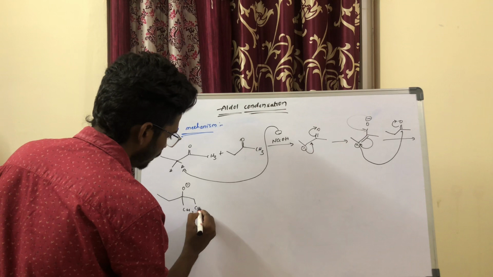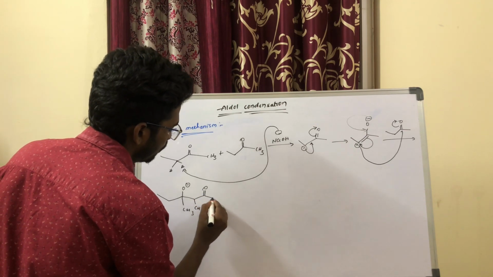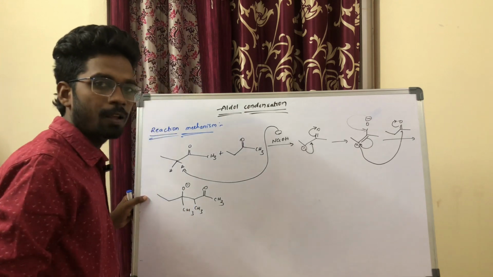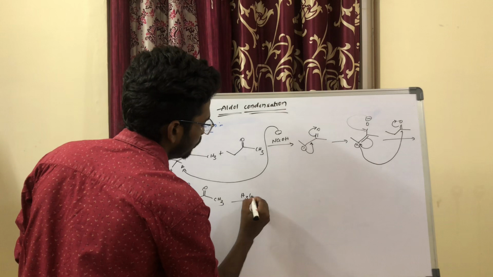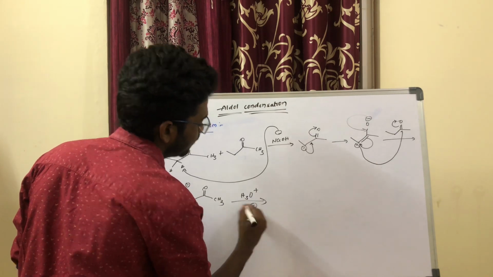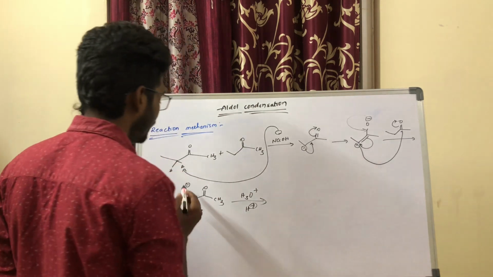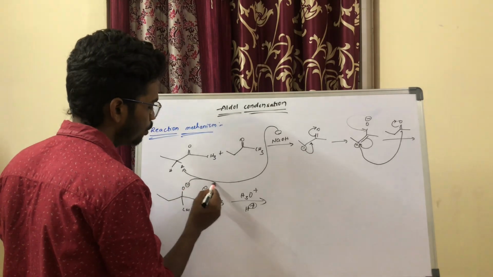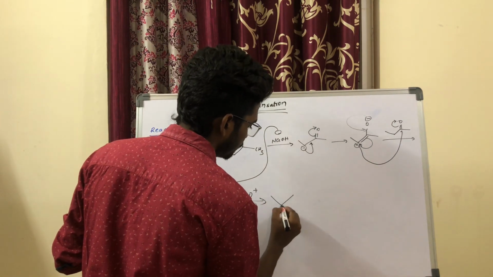So here CH3, here double bond O, this is a CH3, am I right? If you see, finally it is going to be treated with hydrolysis. Hydrolysis, in the sense of workup, means it will give the protons where it is required. Here there is a negative charge, right? So it is going to take the proton here. Finally you will get the product